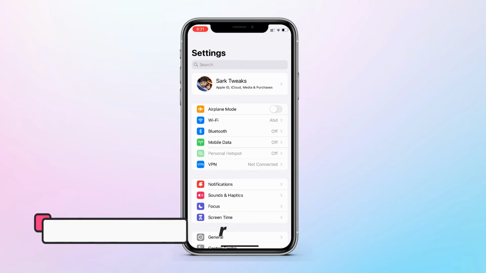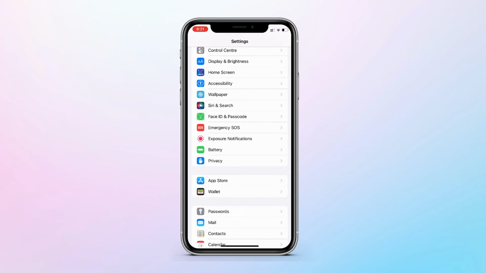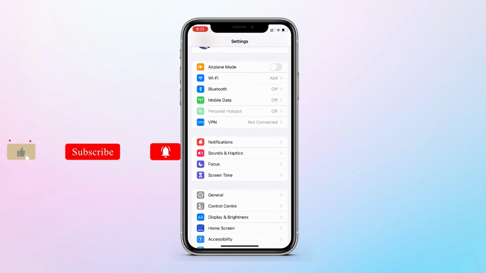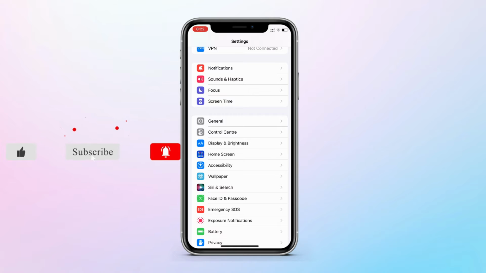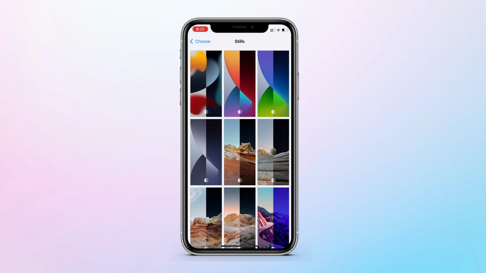Now moving on to what's new in iOS 15, let's start with the settings. You might have noticed that there is padding on the edges over here. It's a very clean look, and we also get one new wallpaper in iOS 15. So let's go to the wallpaper section. Here at the top left we have one iOS 15 wallpaper.